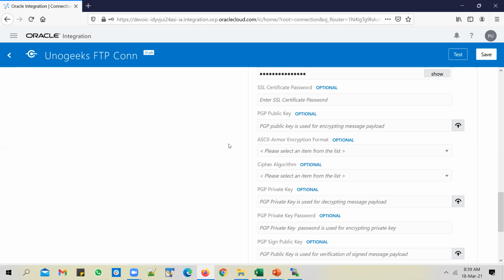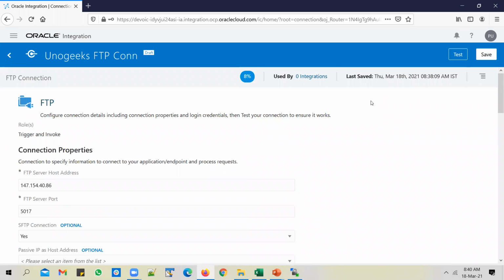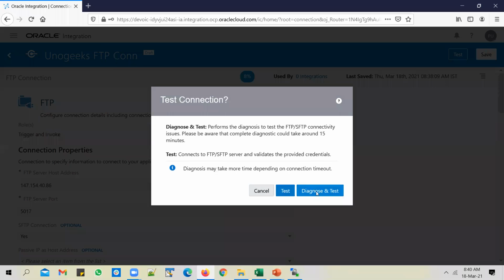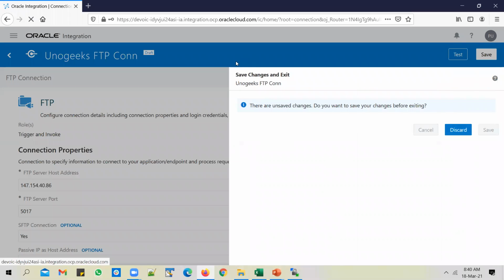And to decrypt that file that you have encrypted with the PGP public key, you need to use the PGP private key. Okay, so we'll not get into the encryption in this video. So let's go ahead and test the connection. Connection tested successfully. Let's go ahead and build the integration.